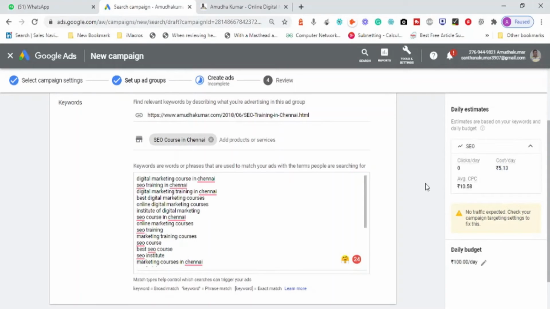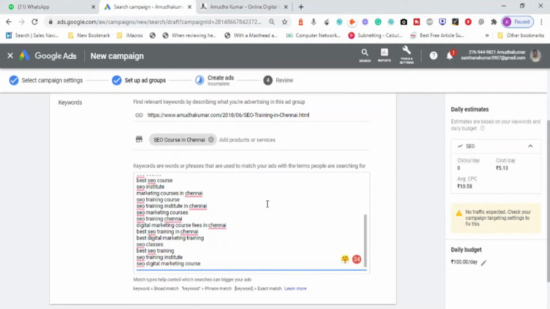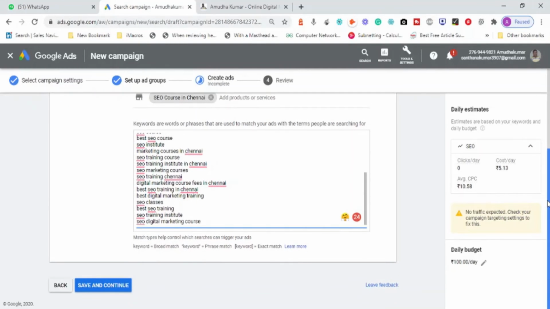I will go with 100, and you see SEO course in Chennai, digital marketing course in Chennai. Now it has keyword matching types. I'm going to teach you the matching types separately, like Google extensions. Just to help you know, there is an ad group that we need to add. If you want to run one advertisement for SEO, there is one ad group.